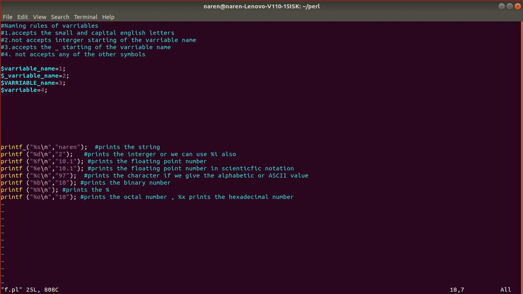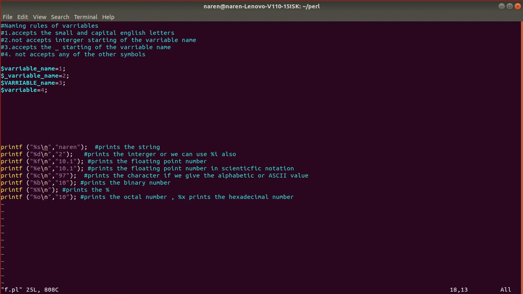So here percentage s is used for printing strings, percentage d for printing integers, percentage f for printing floating values, and percentage e for printing the floating point number in scientific manner, right? I told you.